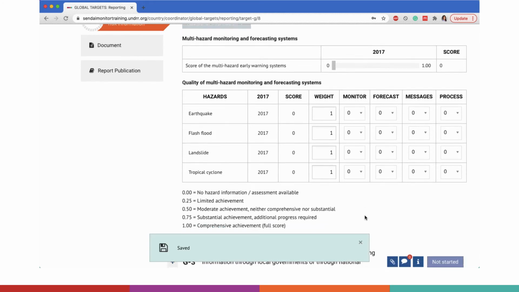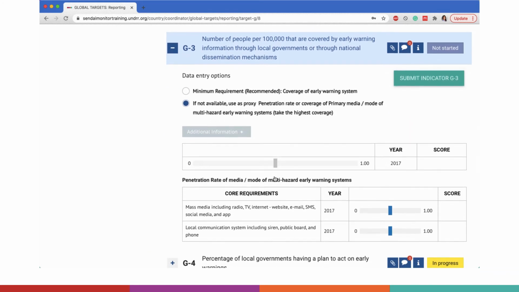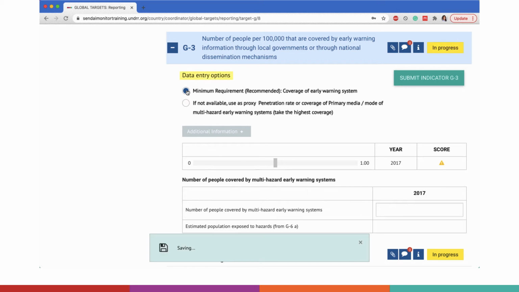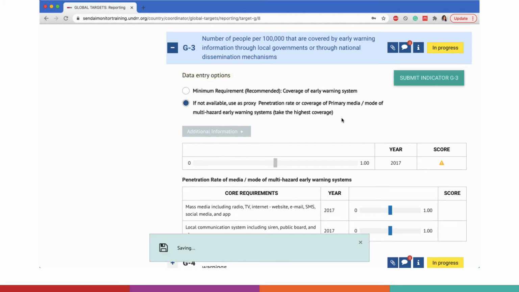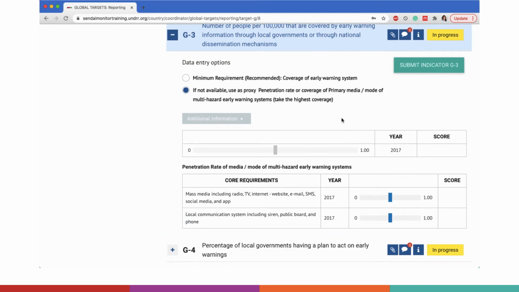Indicator G3 is the number of people per 100,000 that are covered by early warning information through local governments or through national dissemination mechanisms. First, you will select one of the data entry options of either recommended or, if not available, use as proxy penetration rate or coverage of primary media or mode of multi-hazard warning system.